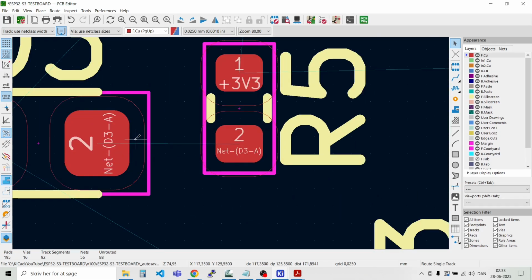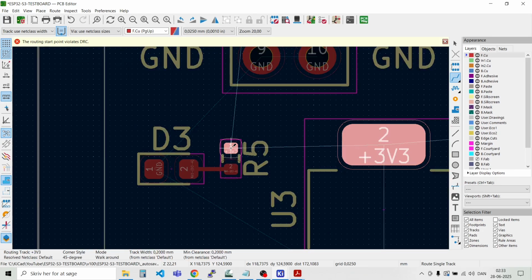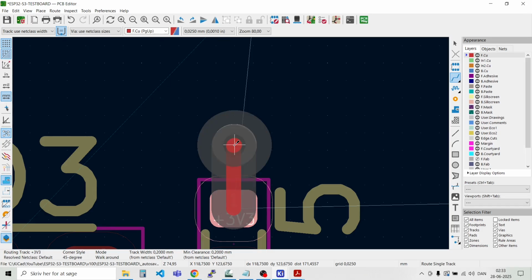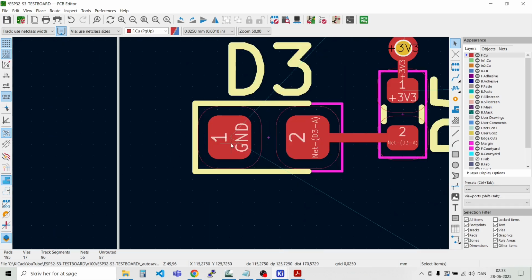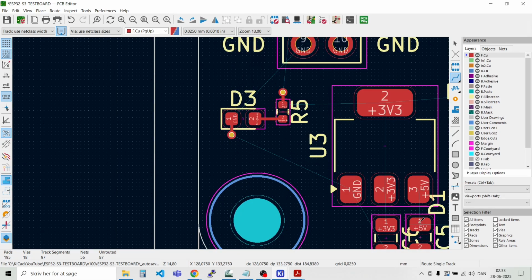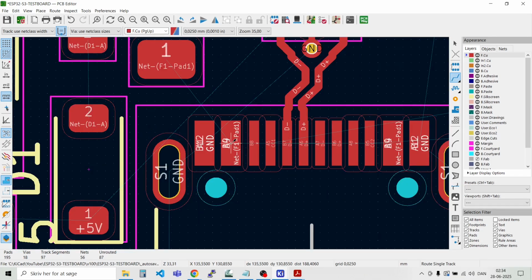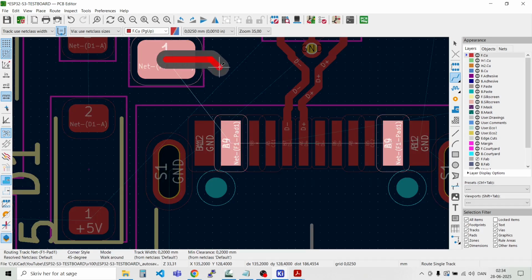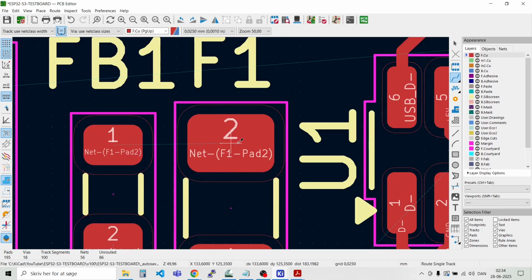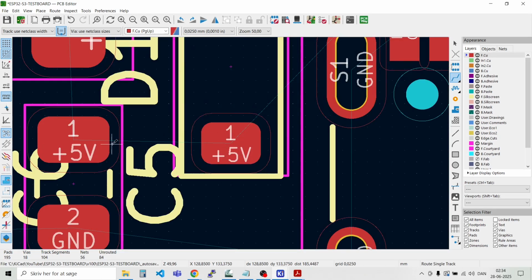Here we have the power LED. We can just route the tracks for that one. Like that. And then we can place a via here for the 3.3 volts. And just a via for the ground. And now we can route the power going into the fuse, going into the ferrite bead, going down to the diode, and then feed it into the